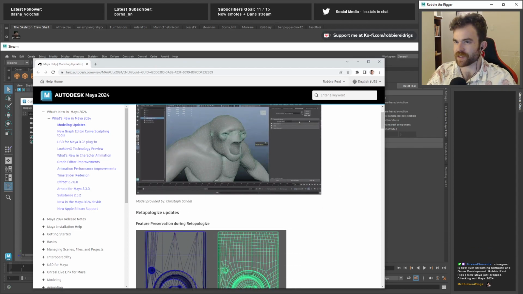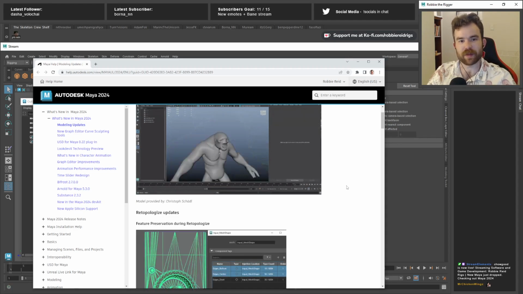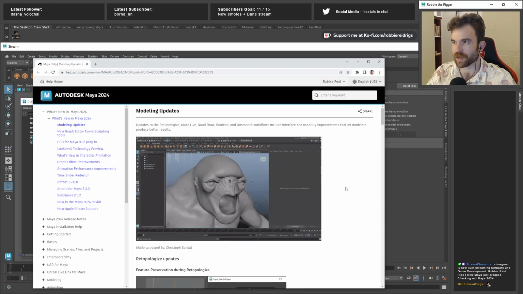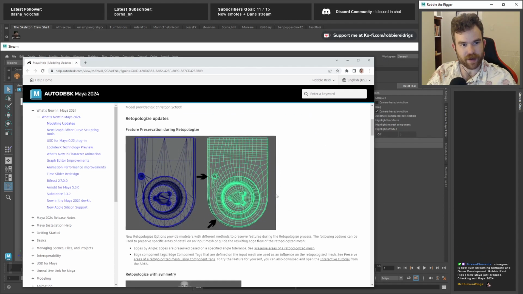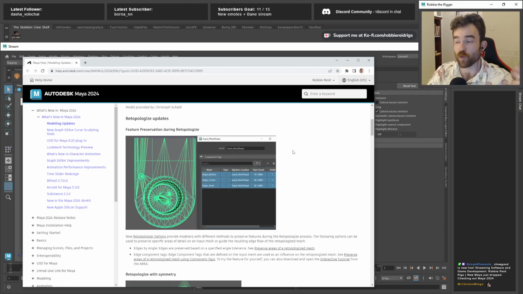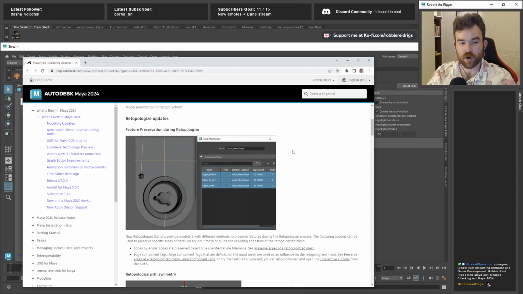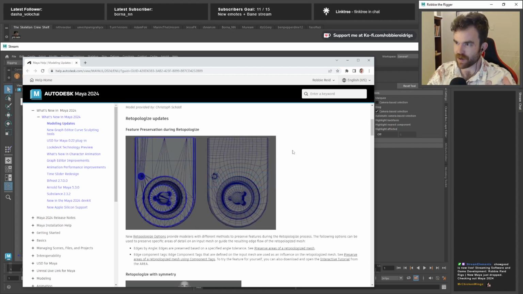But yeah, let's go through and actually get a broad overview of what some of the updates are first, and then we can look at them in a bit more detail. I believe the first thing that they've talked about is retopologize. And if you've never used retopologize before, this is actually a really handy tool if you're working with scanned characters